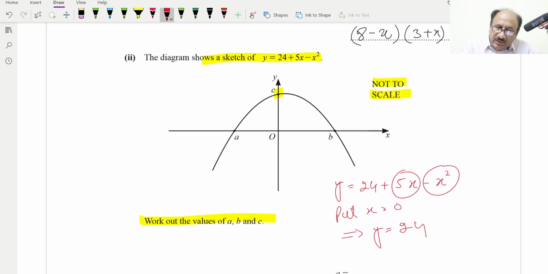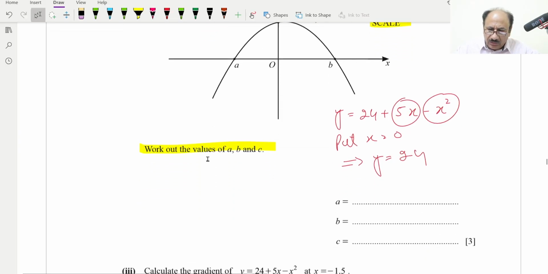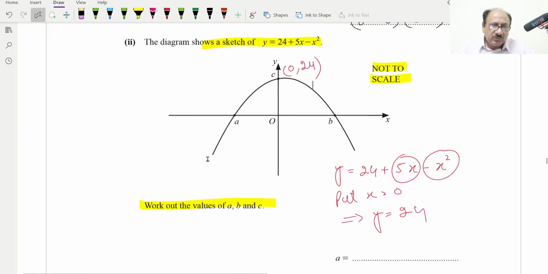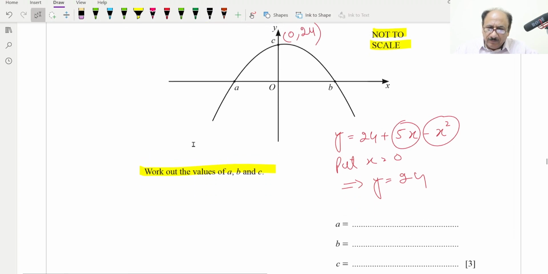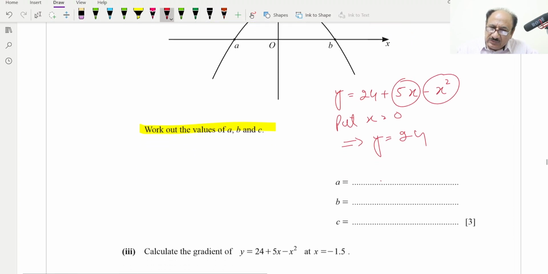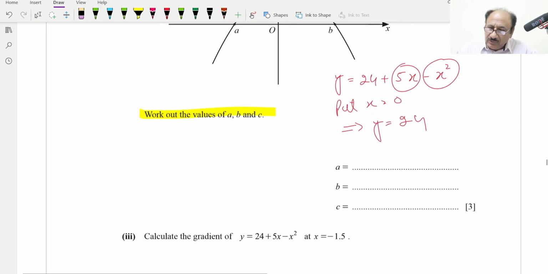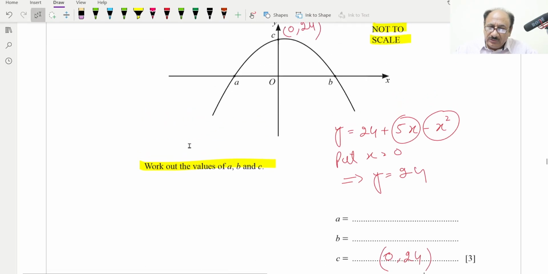So our coordinates for this point will be 0 and 24, and they are asking for the value of ABC. So we can provide the value of ABC basically as -3, and 0 will be for this, not for A, basically this is C. So you will have to provide it at the proper location. This will be 0 and 24. This will be the point. Then